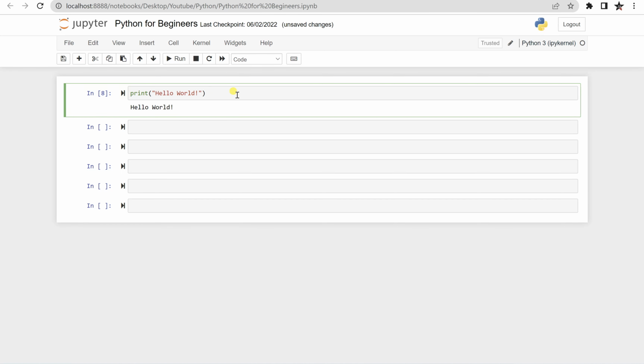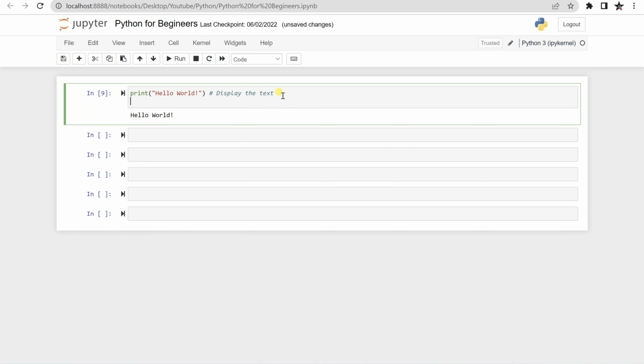To write a comment in Python, you need to use a hash, it starts with a hash, and this is, I will say, display the text. So the purpose was to display the text. Now again run this cell. You will see only Hello World is printed, not this, because anything you start with a hash, anything after that followed by the hash will be taken as a comment,